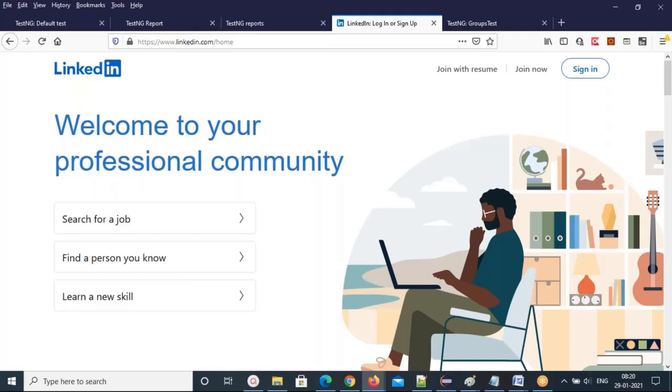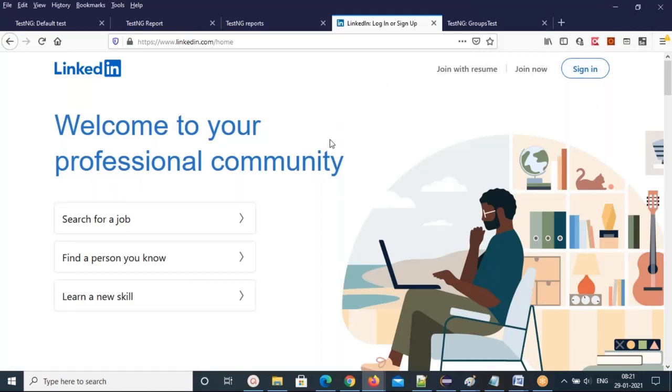So just understand the concept here. Three scenarios we are doing. The first scenario has no dependency. Second test case is for login. So this page should be loaded for you to go to the login page. That means login depends on this test case, the home page test.